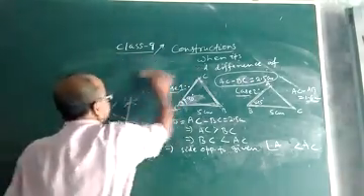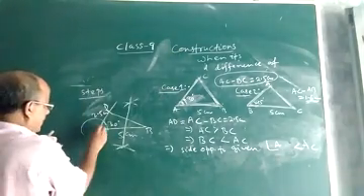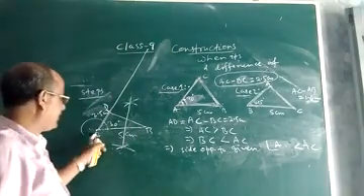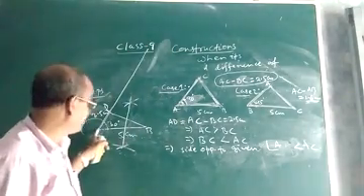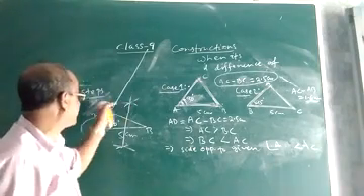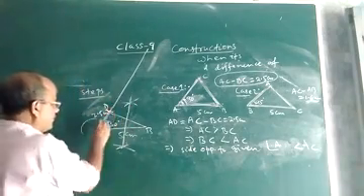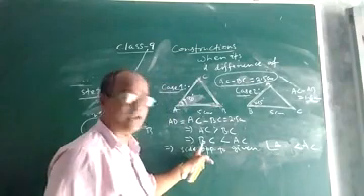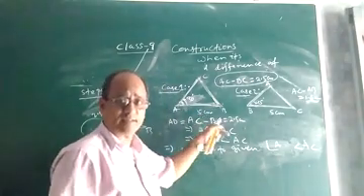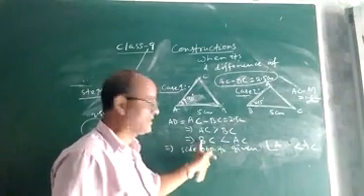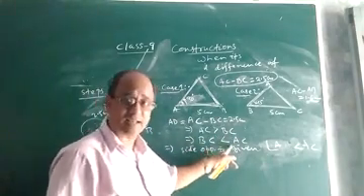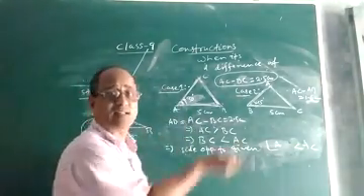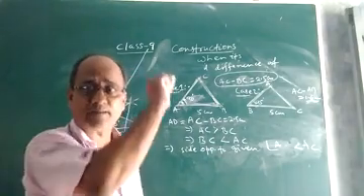I am drawing again neatly. Try to understand. After constructing the 30 degree angle, you produce it like this. Then taking A as center, cut AD equal to 2.5 cm, upward. Why will you cut upward? Because we are given BC less than AC. AC minus AB is 2.5, which means AC is greater than AB, and that means AC is greater than BC. BC is the side opposite to the given angle. So if the opposite side of the given angle is less than the third side, then the difference of the two sides must be cut upward.